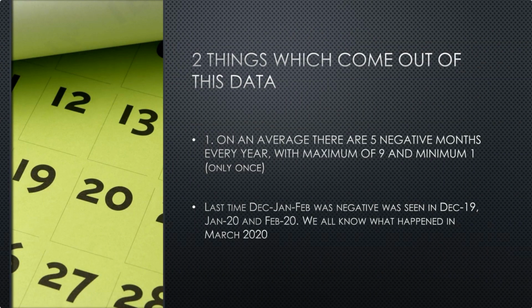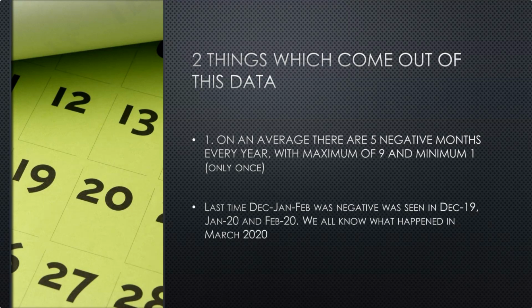The first is on an average. If you see, in the majority of the years, we've seen approximately 5 months to be months of negative returns. Now, for example, in years where there is a lot of negativity and pessimism in the markets, there have been 9 months which have been negative for the markets. And in great bull market years, where the markets are going into a completely strong uptrend, there's been a minimum of just 1 month which is negative throughout the entire calendar year.